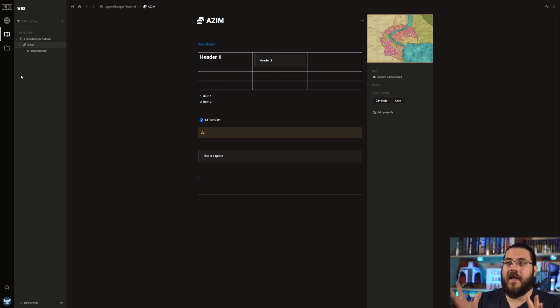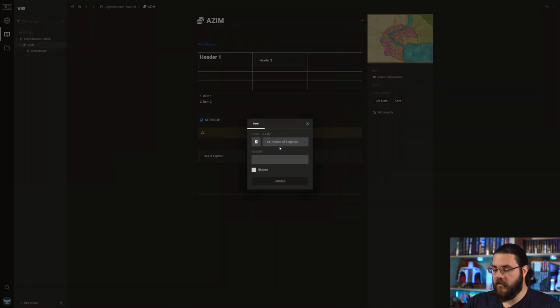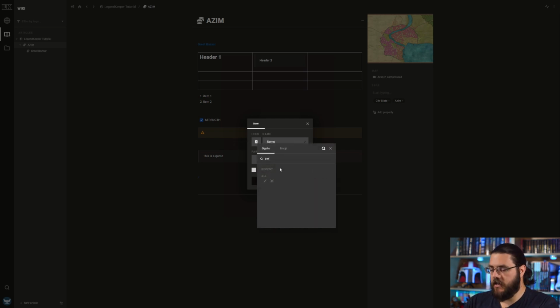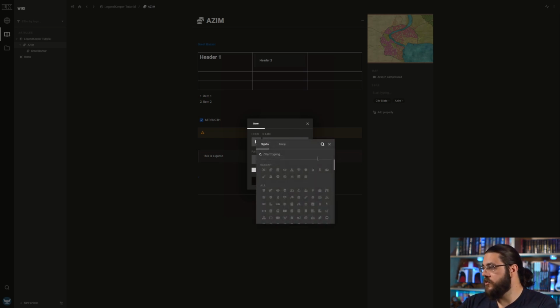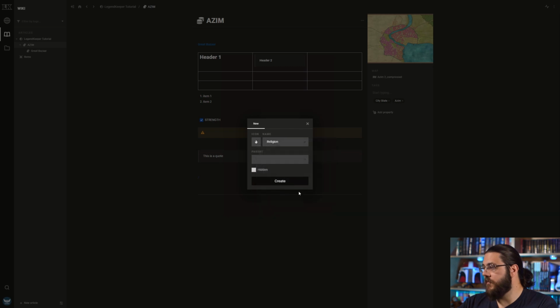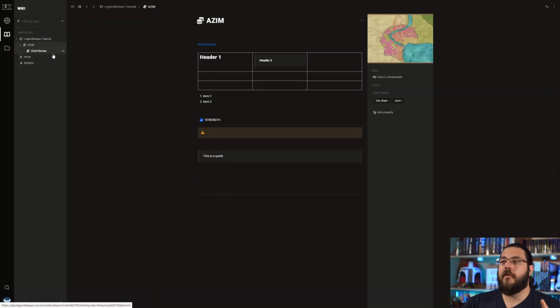Another feature of the wiki that I really like is that you can create your own categories. So if I create a new article here with no parent, we're just going to call it items. And we're going to change the glyph to be some crossed swords. And then we're going to do the same, and we're going to call it religion. And we're going to change the icon to just be some fire. Once we have a couple of different high-level categories, I can grab items, for example, and drag it up here